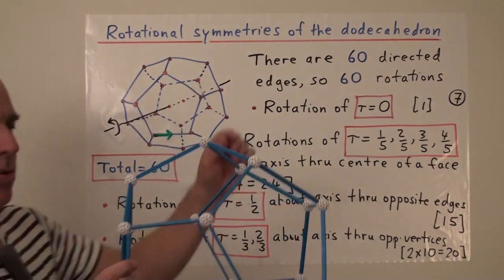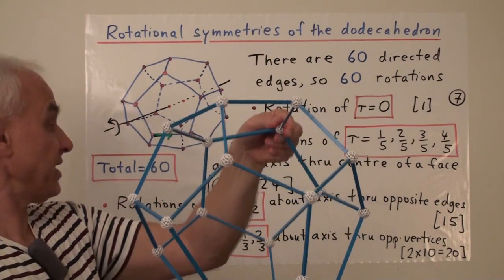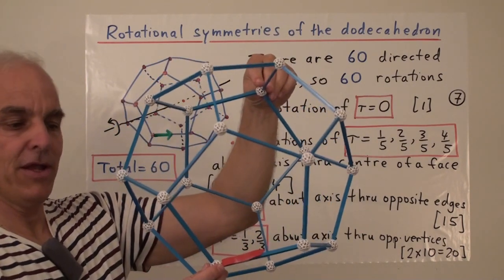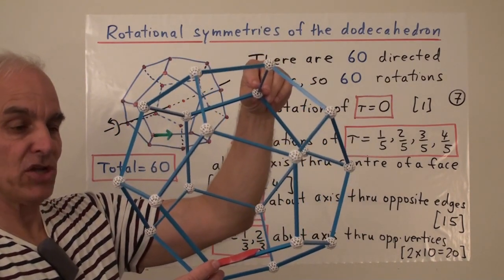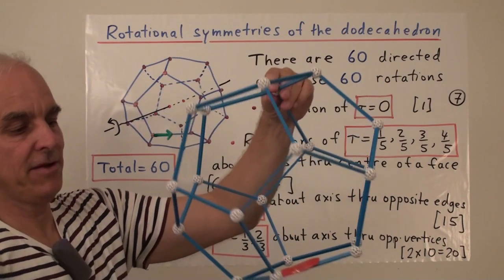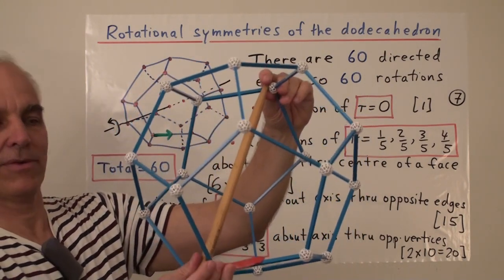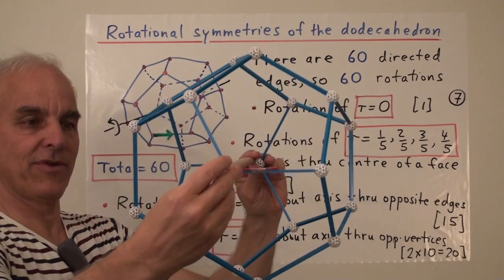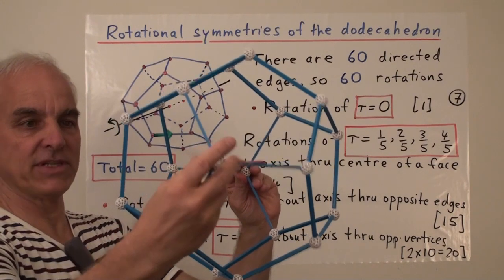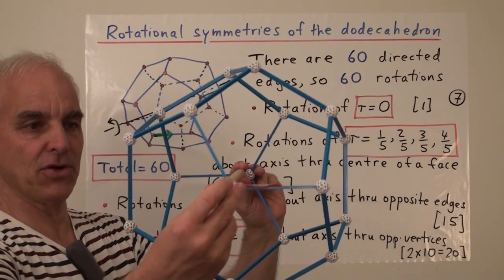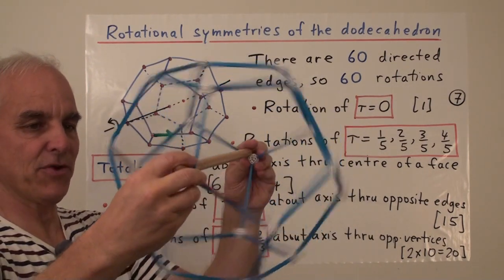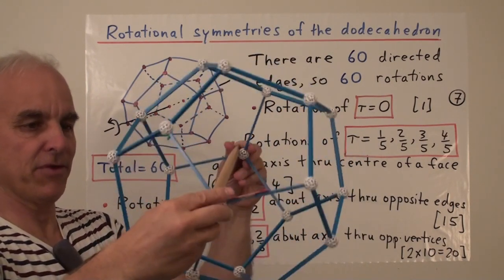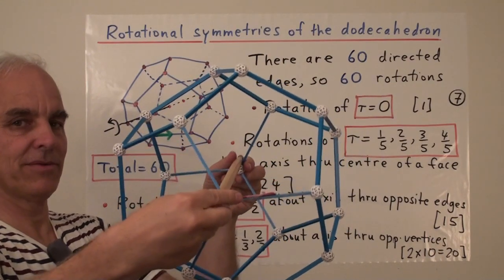And finally, what about through opposite vertices? If I take this vertex here, its opposite vertex is this one here. There are also going to be some rotations about that axis. The axis will be like this. And again, it's perhaps easier if I stick the axis towards you like this. Then you can see that there's a kind of threefold symmetry around this vertex that's closest to you. So we can rotate by a third of a turn, and by another third of a turn, and by another third of a turn, we're back to where we started.